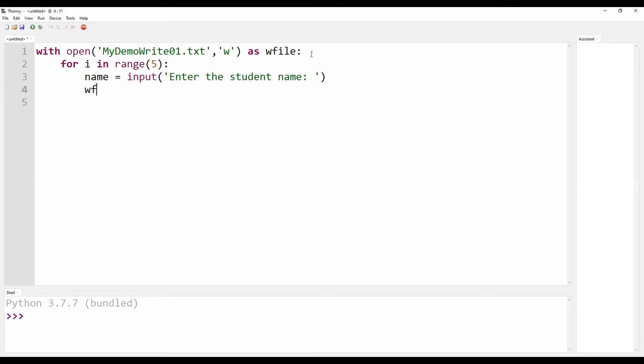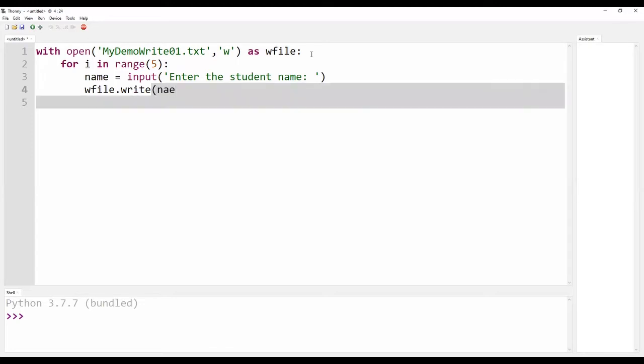My file handler name is W file dot the method I am going to use, write. What is the string I am going to write onto the file? Name is the thing. We need not worry about closing this file, since I have opened the file using the statement with open, it automatically closes it.